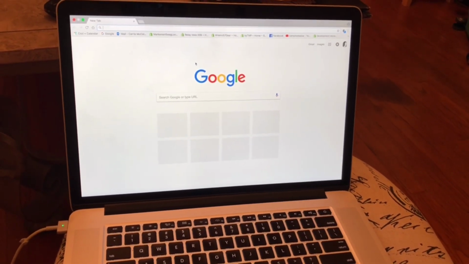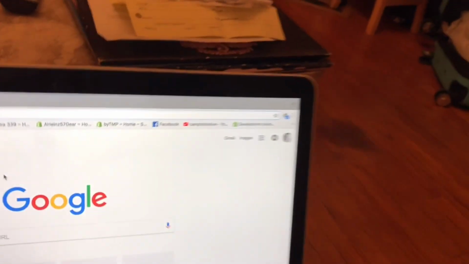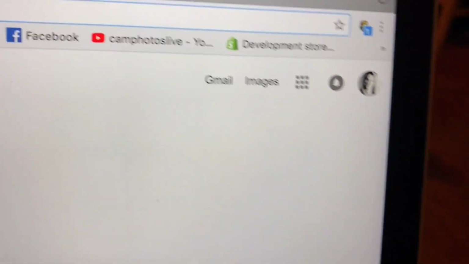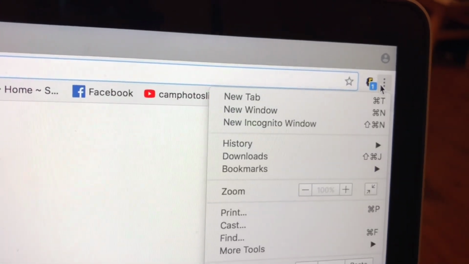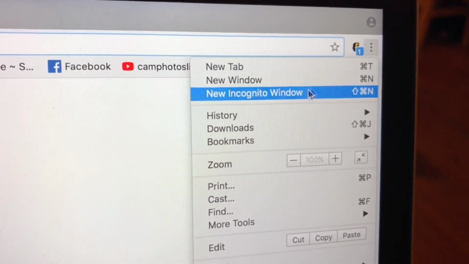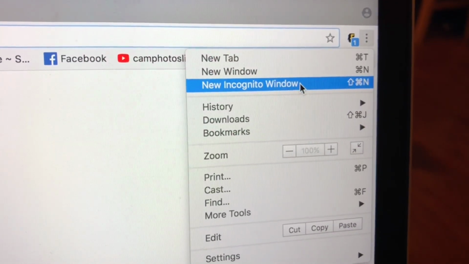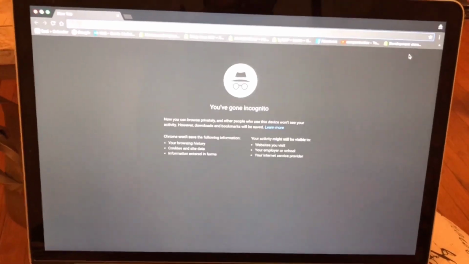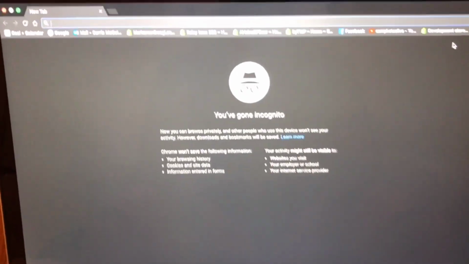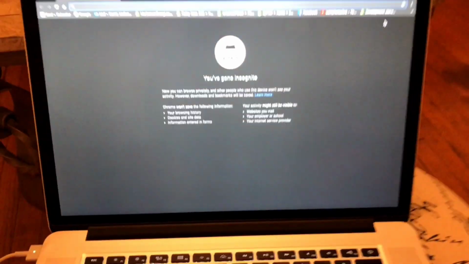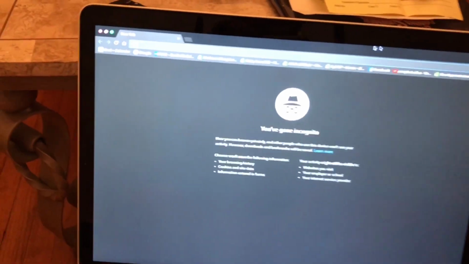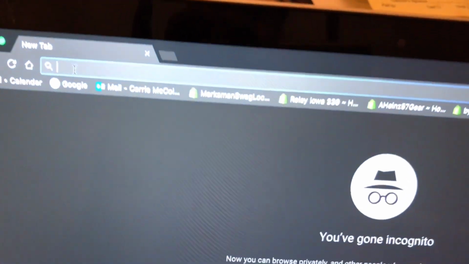So what you're going to do is go up way up here. See these little buttons here? You're going to click on that. See where this says new incognito window? Click on that. You will know you are incognito when it goes black, and you'll see this. You've gone incognito. The next thing you'll want to do is go up here, and I type in